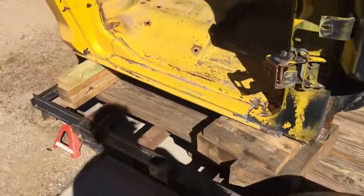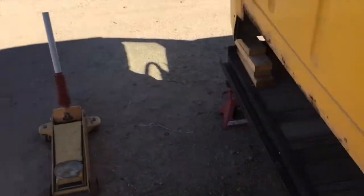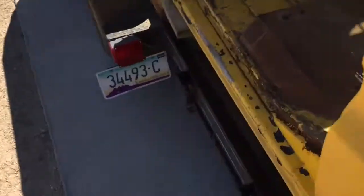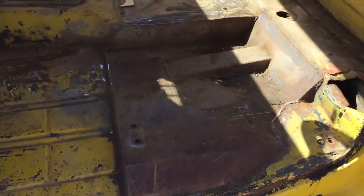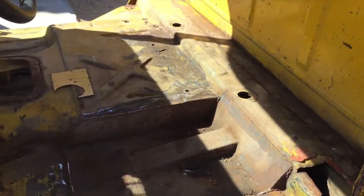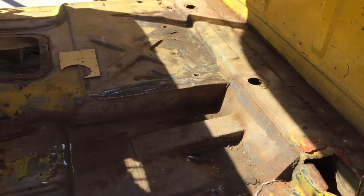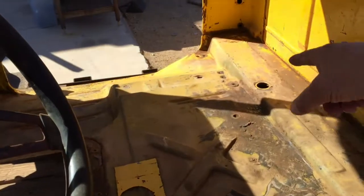holes, and basically I did this modification over here for when I had the Cadillac seat in it, and that fit the Cadillac seat. I don't know if you can see that. And so basically now everything has to change for the other seat. So gonna set that in here and see what it looks like. And then of course the other side, you can see I had to cut that whole thing out and lower